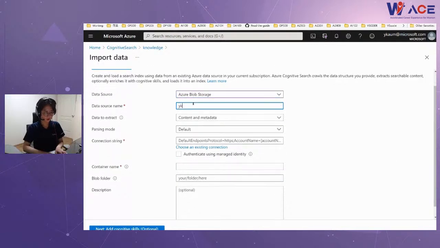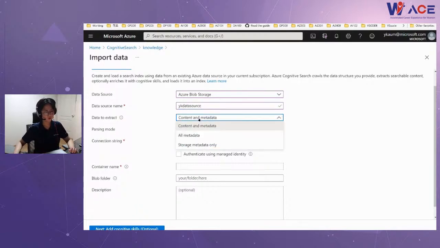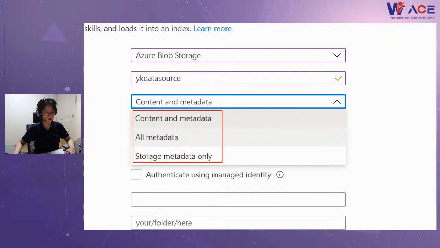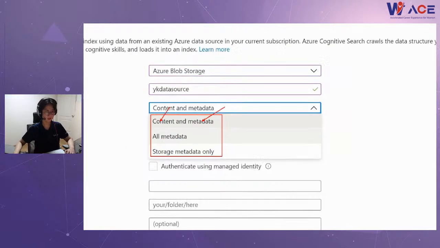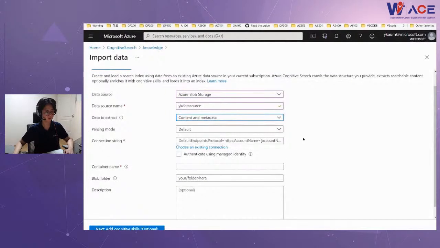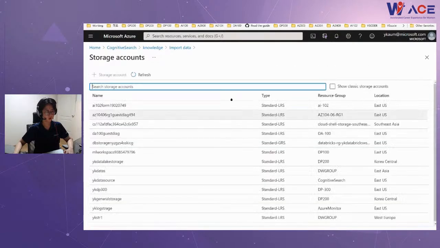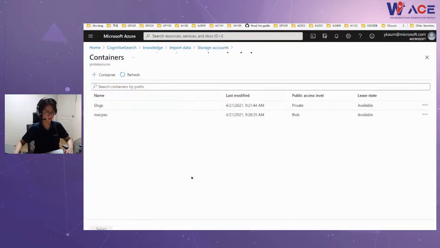Let me name it YK data source. Then I'm going to choose what basic information I'm going to extract. Okay, I need the content and at the same time I need the metadata, so let me choose the first option. Then I need to choose the storage account where I've uploaded the documents.